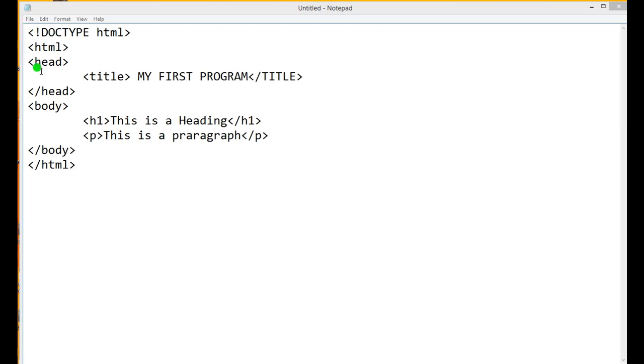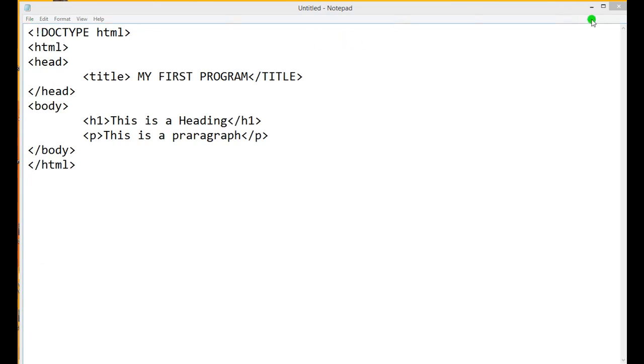Go to the Start button, click on All Programs, then Accessories, and inside it Notepad. Or directly search for Notepad on the search bar.